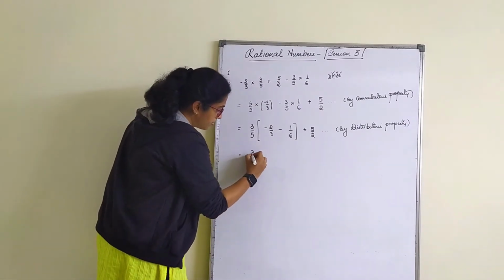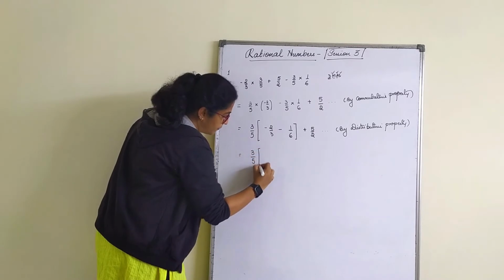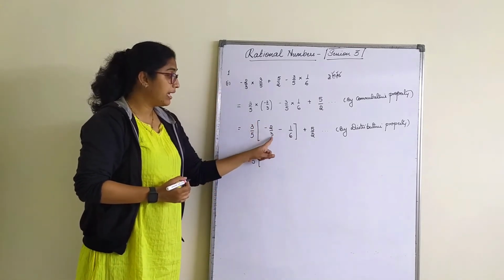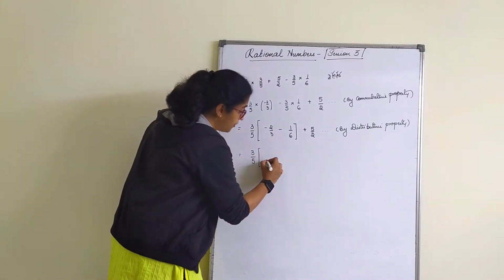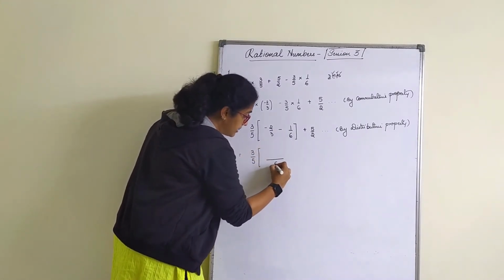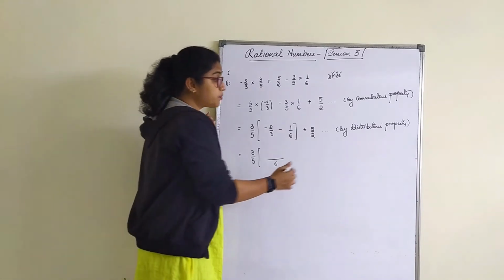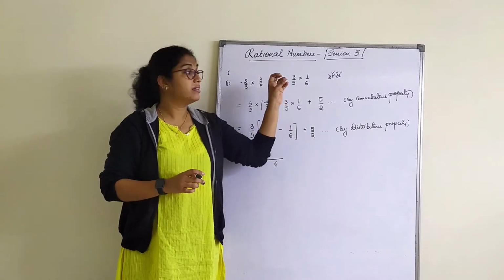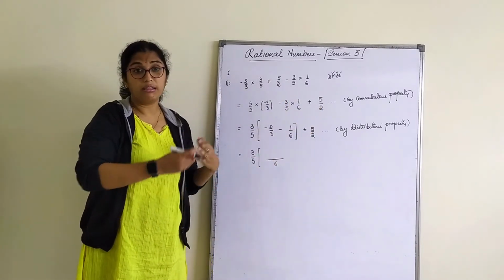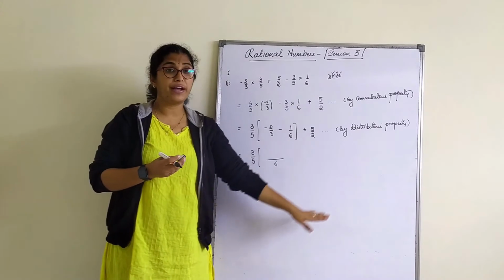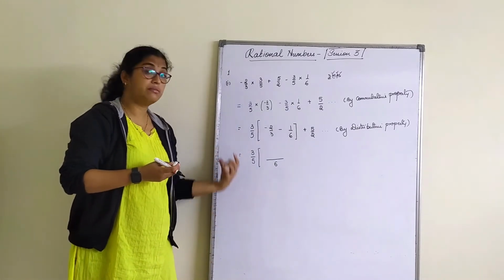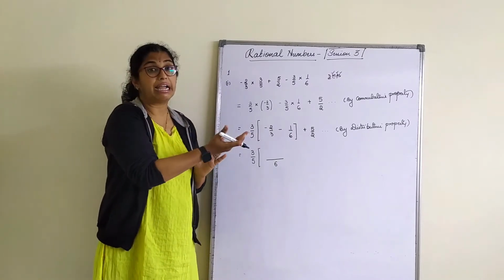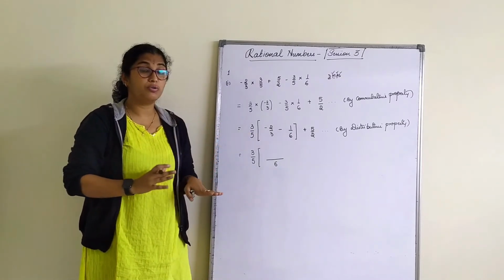Now I will solve. 3 by 5. Now I have to add this with the negative sign. LCM of 3 and 6 I have to find. LCM of 3 and 6 is 6. Now here, one more thing, children: we will be doing working, that means subtracting, adding, dividing, all these things. Do not do it wherever you find space in the book, or in the margin somewhere, or on your hand. Especially, please do not do it behind the book, on the last page. Do not do it there.